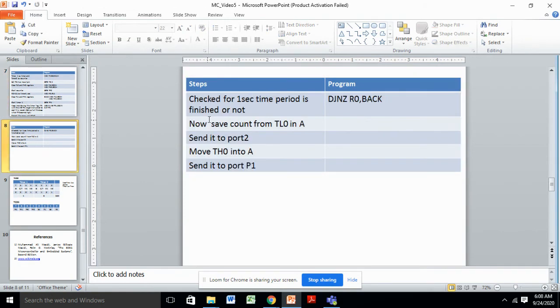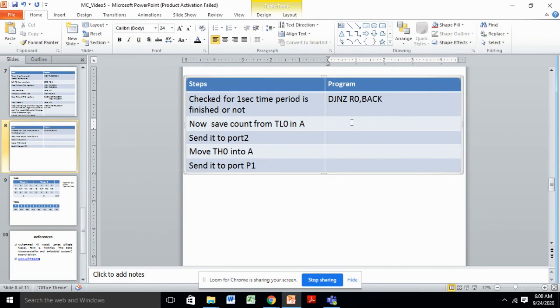Once R0 becomes 0, it means now we have got the frequency count. So we need to save this TL0 count, that is the lower digit of the frequency count, to the accumulator. So MOV A, TL0.